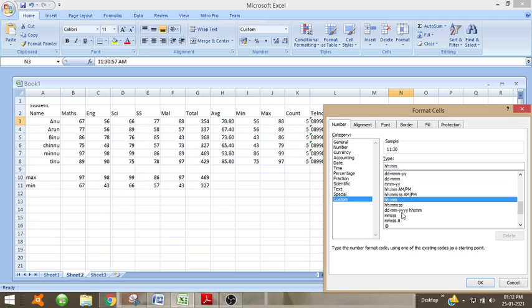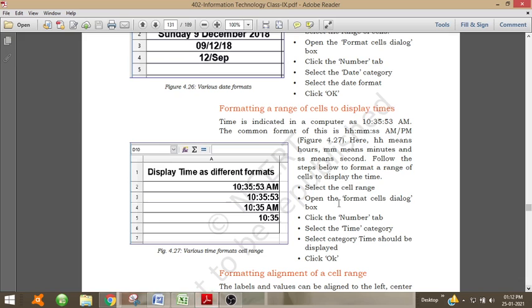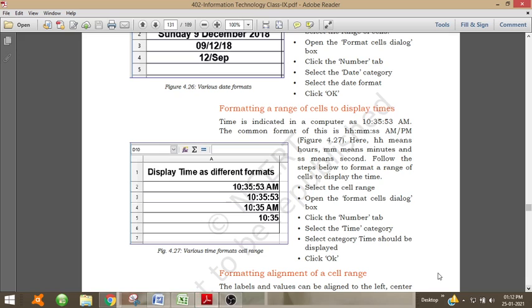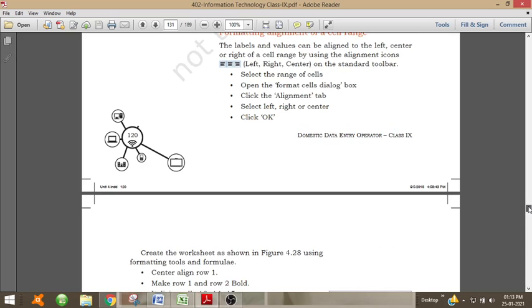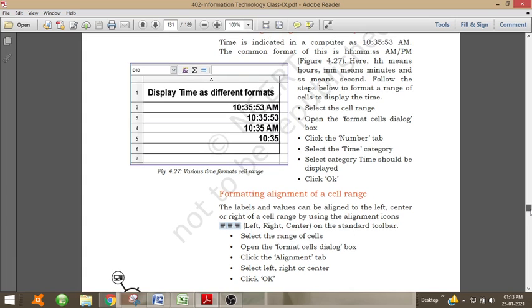Any of the time formats can be selected. Next, we have seen how to align the data of a cell.